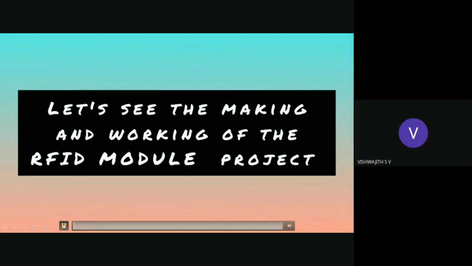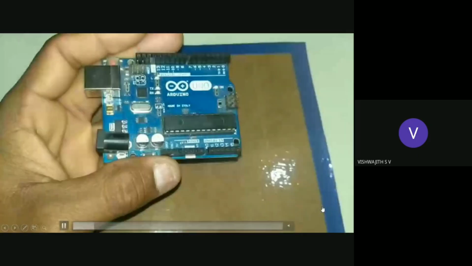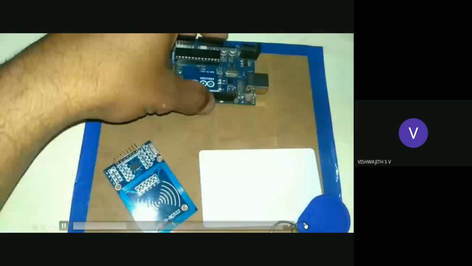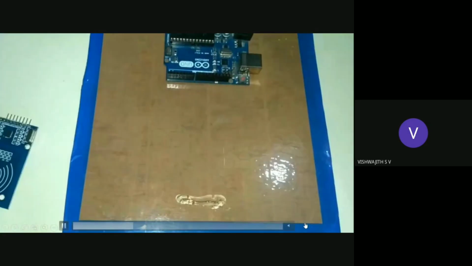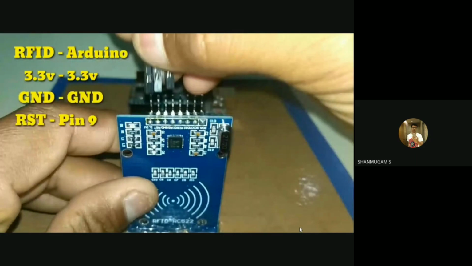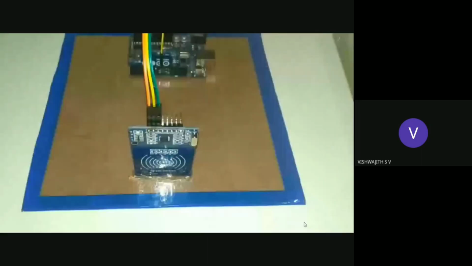Here is the making and working video of our project. The basic Arduino Uno is a microcontroller board. And here is the RFID module, and the plain card, and then the tag. The pin connections are made as per the circuit diagram shown before.